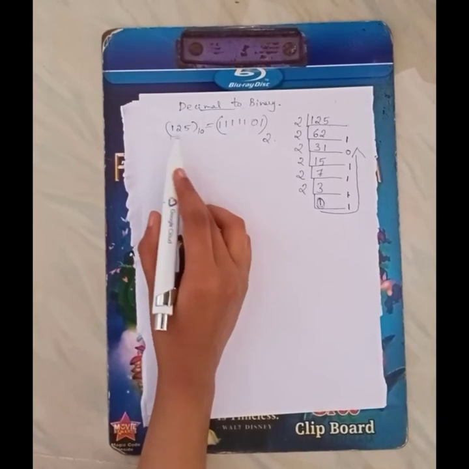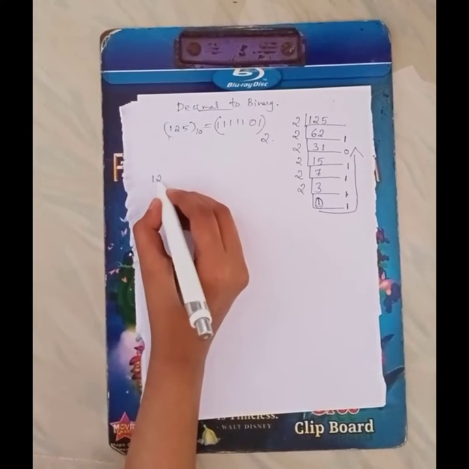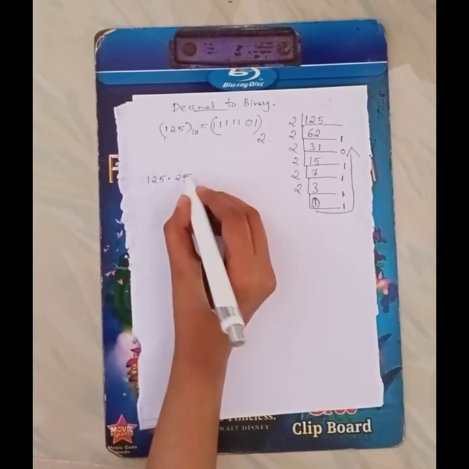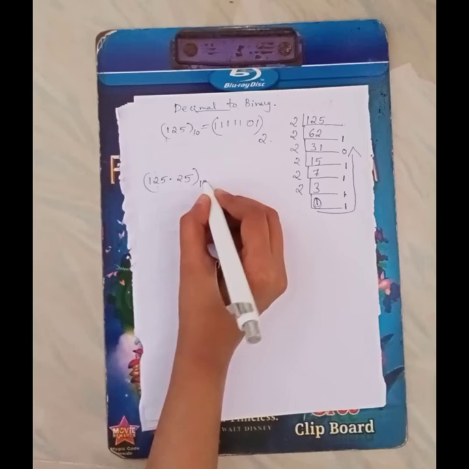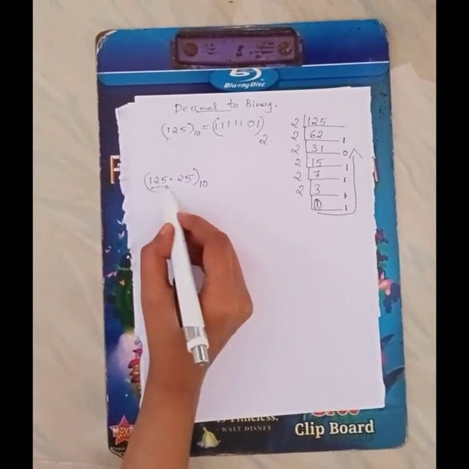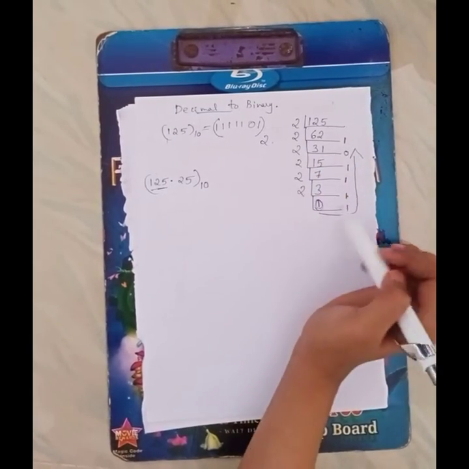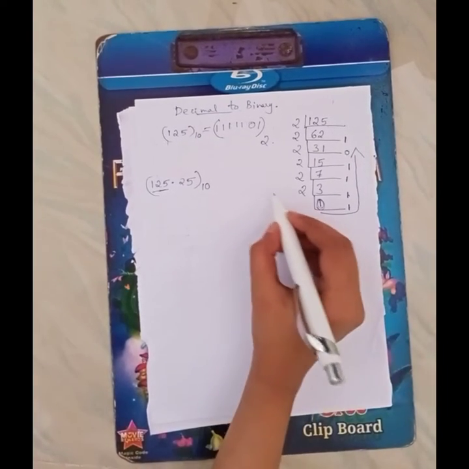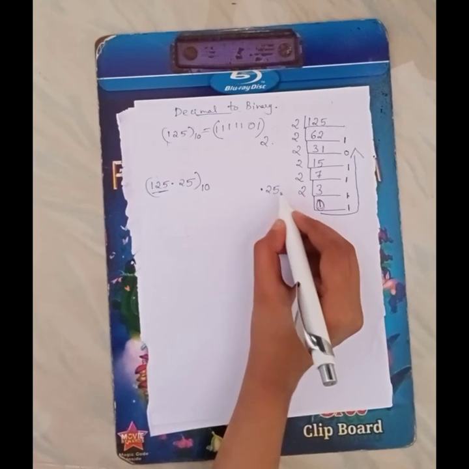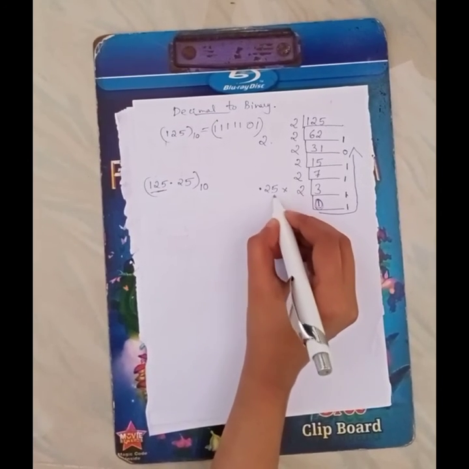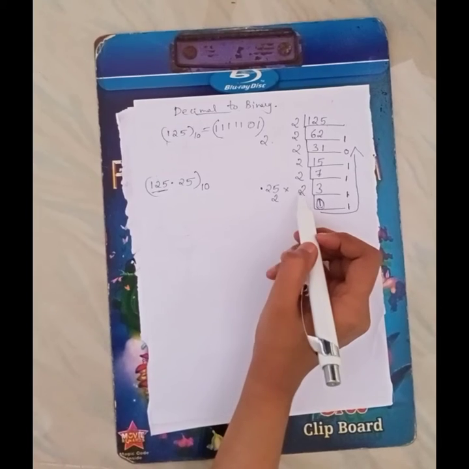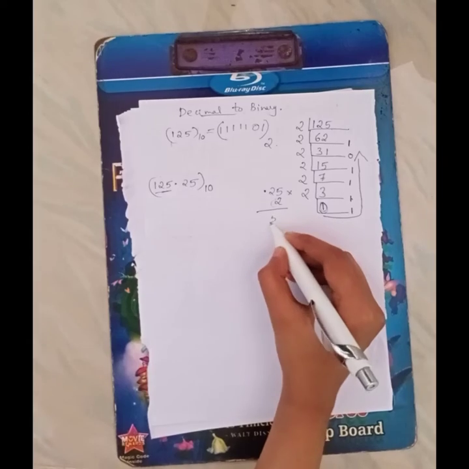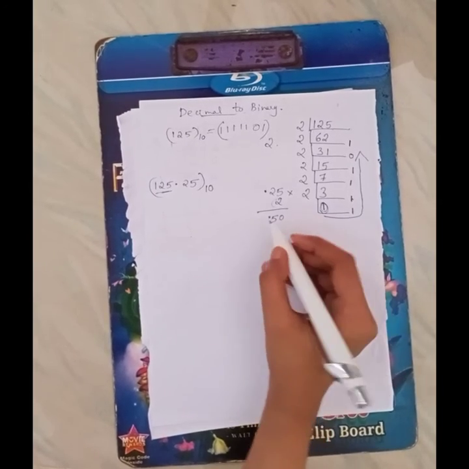Okay, now let's see whether there is a number after the point, that is 125.25. Let's see how to convert this decimal number to binary. Okay, 125 we have already done. So now let's see 0.25. For 0.25, take it here and multiply it with 2, because we have to convert it to binary. So that's why this 2 comes. So it's 0.50.